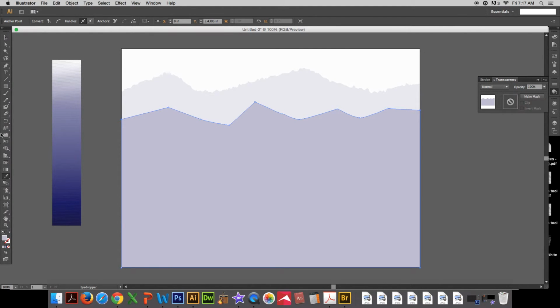And then I go to this bloat tool, or the wrinkle tool. And this was doing this to me yesterday. Sometimes it works, sometimes it doesn't. I don't know why. But let's see if I can get it to work again. There we go. I don't know why it does that. I think it's the user, not the program. I can't explain everything in Illustrator. It's complicated. Command-Shift-A to deselect that, and look at that. That's pretty neat. So really quickly, I'm going to show you how to insert, like if you want to have a foreground here. I'm going to finish this really quick. I'm going to zip through it, and then I'm going to show you how to add those trees into the